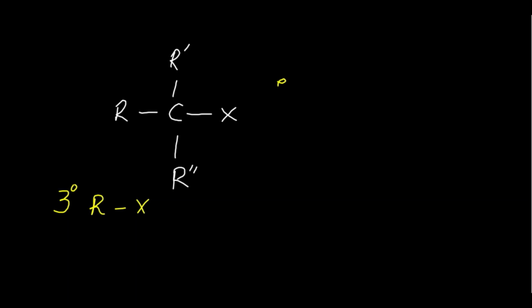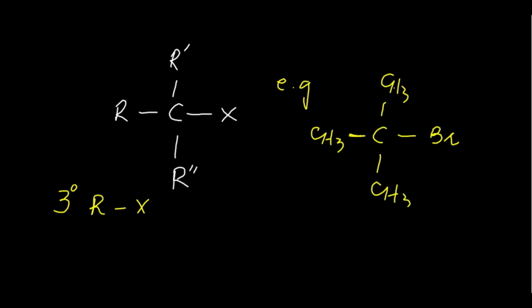Let's see examples to understand the concept of tertiary alkyl halides. For example, if we have a molecule like this, CH3, Br. Now students, this is an alkyl halide. Let me know what is the nature of this alkyl halide. Now look at the carbon atom with which the halogen atom is directly attached. Bromine is directly attached with this carbon. What is the nature of this carbon?